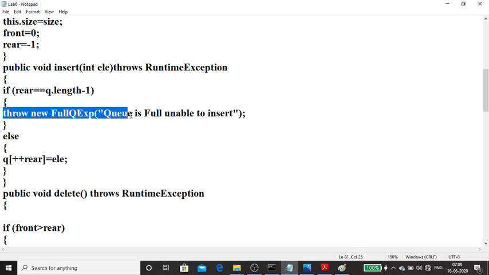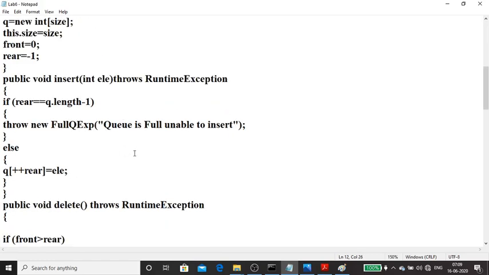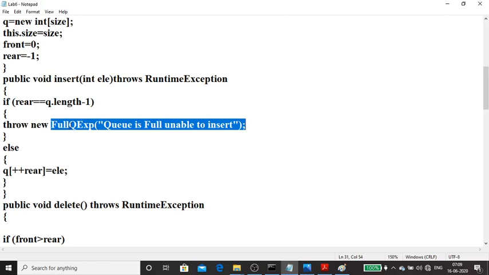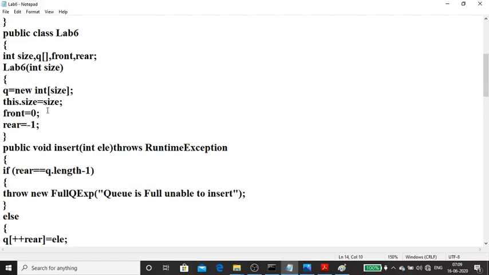Now we are throwing our own exception using the throw keyword, taking the help of the queue-is-full class, FullQueueException. This constructor will be called by passing this message, full queue exception. This is just like creating an instance and calling the constructor FullQueueException. The string will be copied to a variable that will be passed to super. What happens next, I explained in lab program number 4. You just watch that one more time.